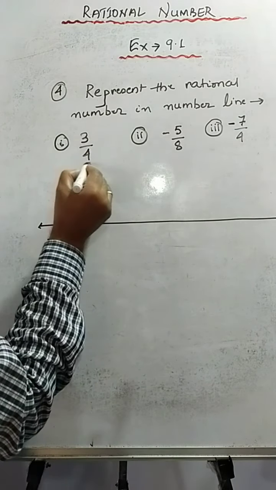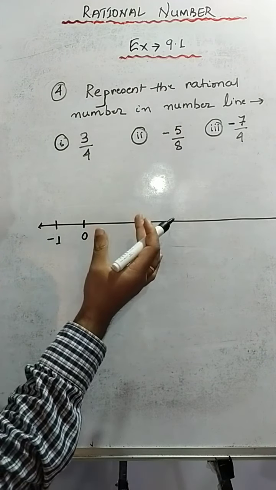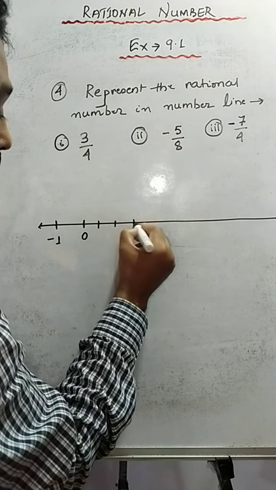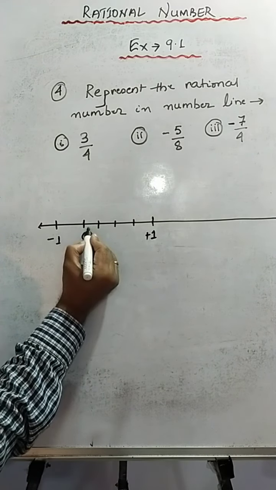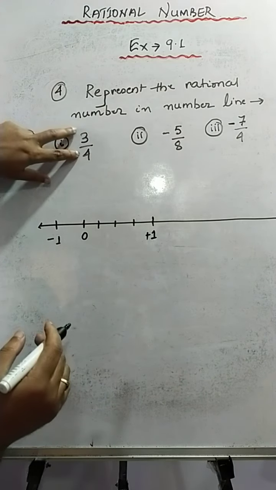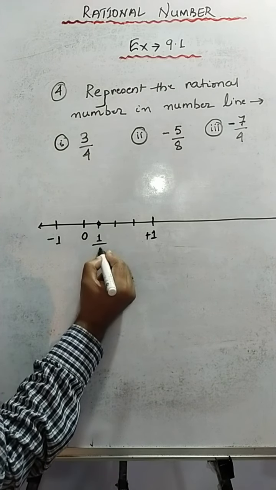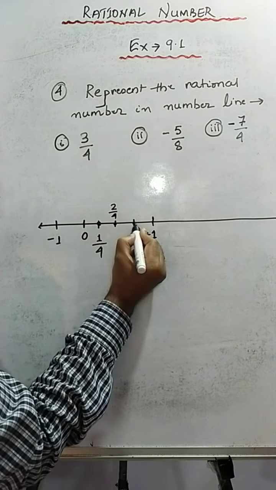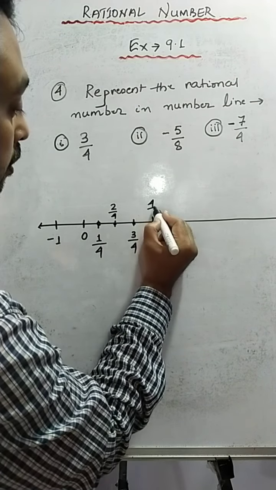Now what is the denominator? 4. That means between two consecutive numbers, how many divisions would there be? 4. So 1, 2, 3, and 4. See, 4 divisions should be there. Why? Because the rational number is 3 by 4. So the first mark would be written as 1 by 4. The second mark would be written as 2 by 4. This mark will be considered as 3 by 4, and this mark will be considered as 4 upon 4, and